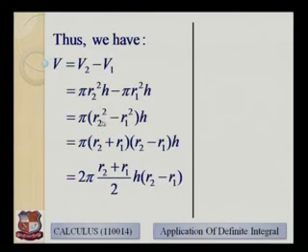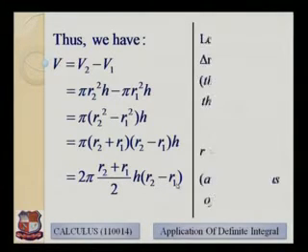Then again by applying the identity a square minus b square, it will be split into a minus b and a plus b. So here it is r2 plus r1 into r2 minus r1, pi and h will be as it is. So multiplying by 2, it will be 2 pi times (r2 plus r1) by 2 into h into (r2